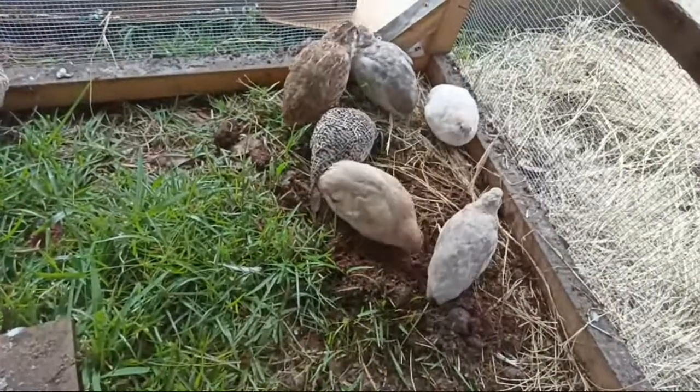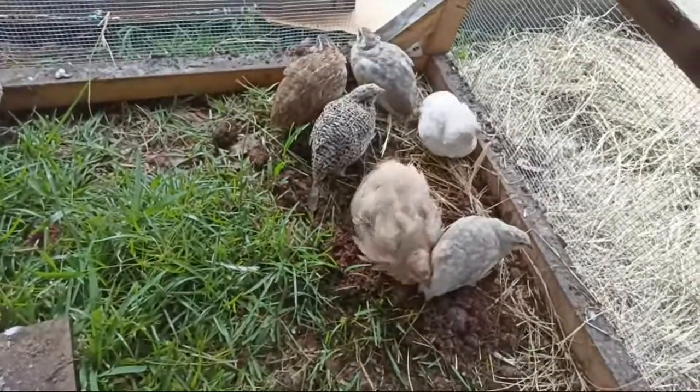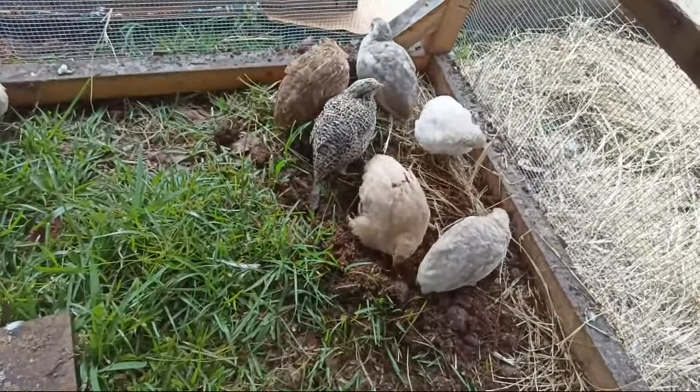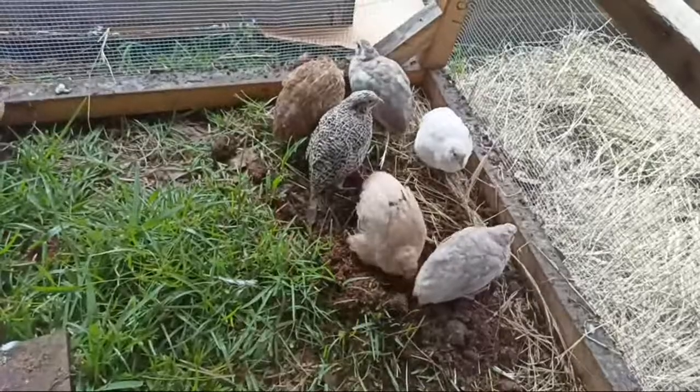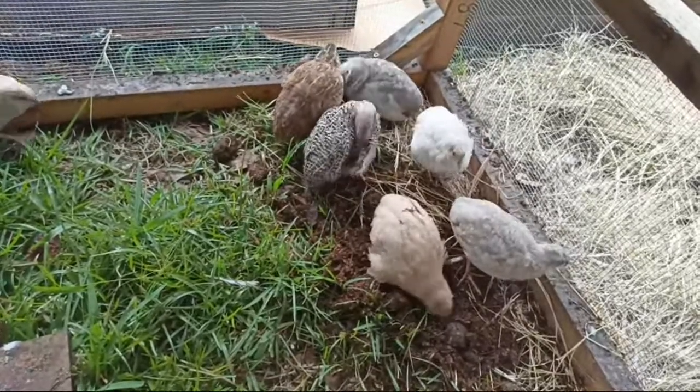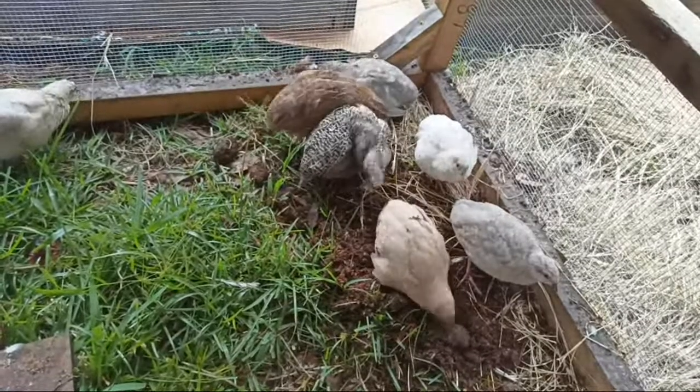Also, definitely ask people if they spray anything on their pastures. And this guy said he doesn't spray anything on his pastures, so I believe him. He seemed like a really nice guy. Obviously, he was incentivized to say he didn't, just so I would take it, because he's trying to get rid of it. But